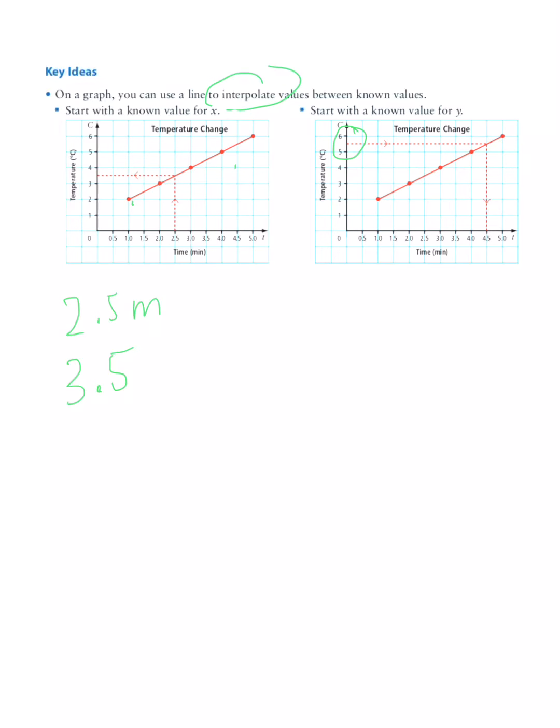Okay, and same idea. It doesn't really matter whether we're starting with a known value for x or a known value for y. You just continue that line up to where it intersects, and then wherever that is, draw it across. Same with when you start with y. Okay,